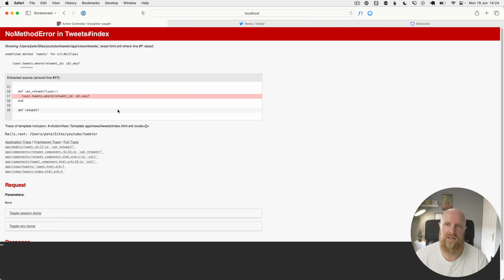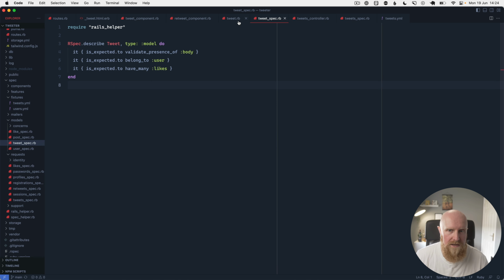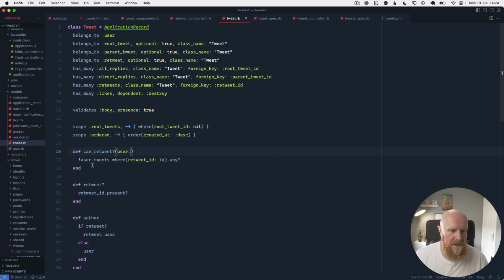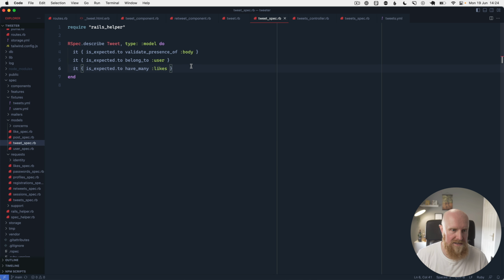We do have a test suite, and the test suite isn't covering this. So I think the ideal scenario is we reproduce this bug. So I'm just going to go into the tweet model, and we can see we've got the can_retweet method. If we then go to the spec for this, you can see it's just testing the relations and stuff. So we might want to just go in here and say, describe